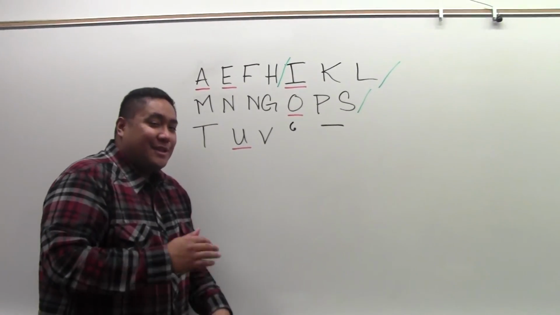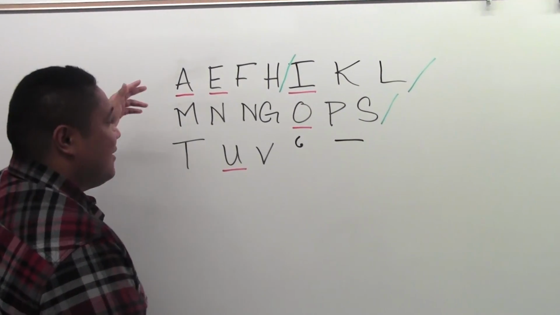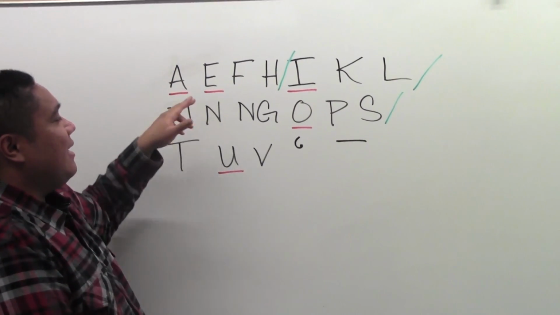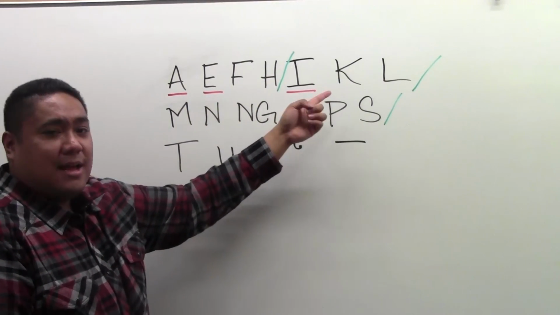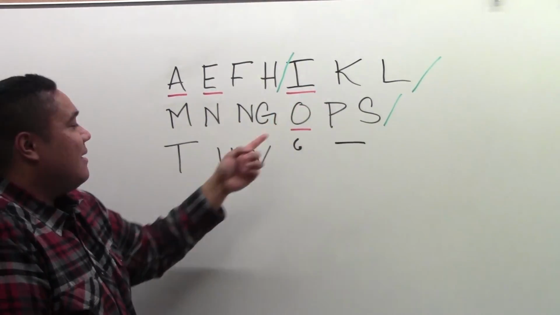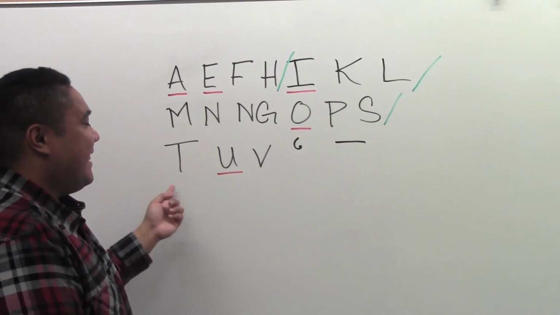Like I said before, there's a little song that the Tongans like to do to help them memorize as their kids. And that song goes like this. A, e, fa, ha, i, ka, la, ma, na, nga, o, pa, sa, ta,